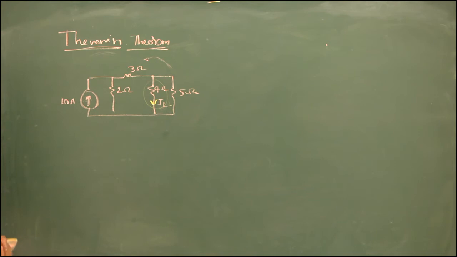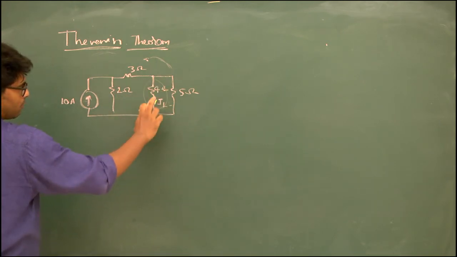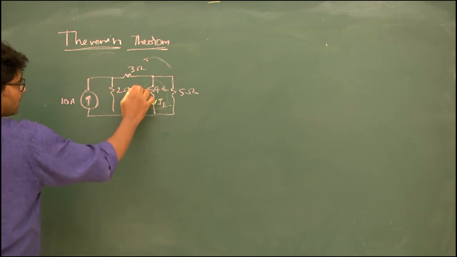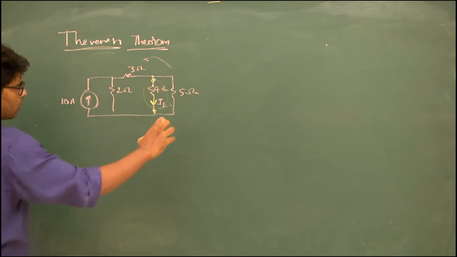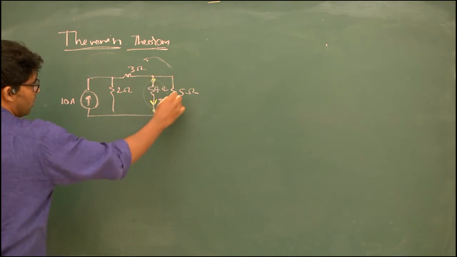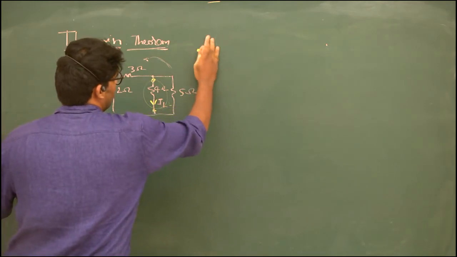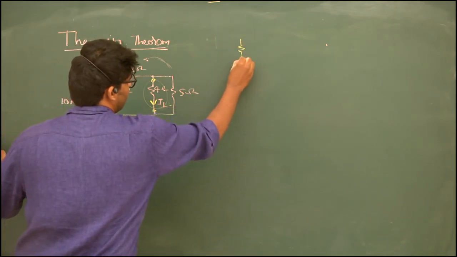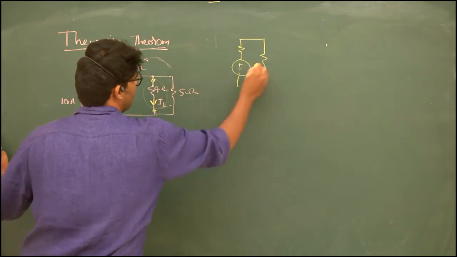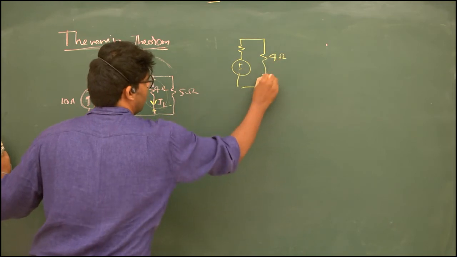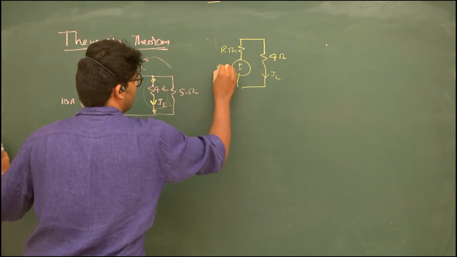Irrespective of this 4 ohm, we have to replace the other elements. I am taking these two elements and removing the 4 ohm. In place of the 4 ohm, the circuit should be replaced using Thevenin theorem. After doing Thevenin theorem, the entire circuit should be replaced like this: the load element is 4 ohm, with IL, and we need R Thevenin and V Thevenin.